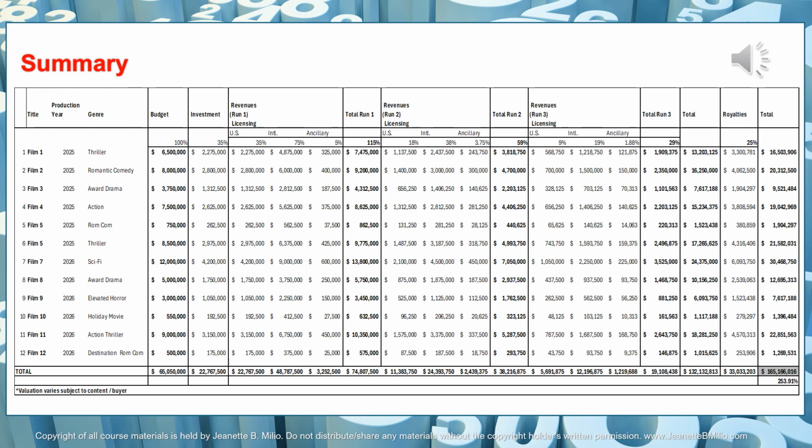So here's the summary. I squeezed it all in one sheet. Obviously, in the case study, you have an Excel sheet to see the summary and the Excel components much more clearer. But for purposes here, I wanted to summarize it on one slide so you can see, aha, we have a slate of 12 movies, $65 million production volume, about $23 million investment, and we're making 165 million with these movies over the next 10 to 15 years. That's the summary that you look at here in order to see how will I manage these movies in the long run.